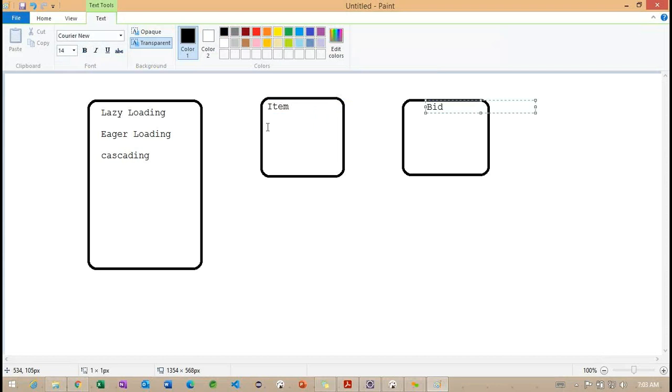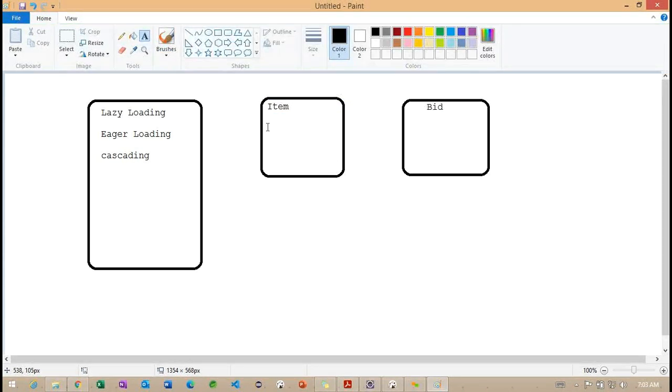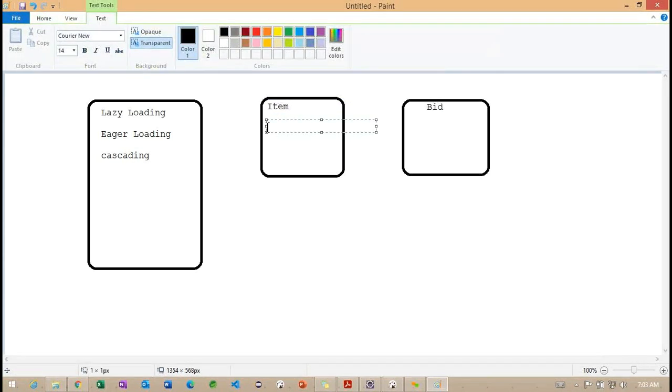So this is the item class and this is the bid class. To work on these relations, we create a set of objects, something called getBids. Internally, we return a HashSet object, which means we have multiple objects.